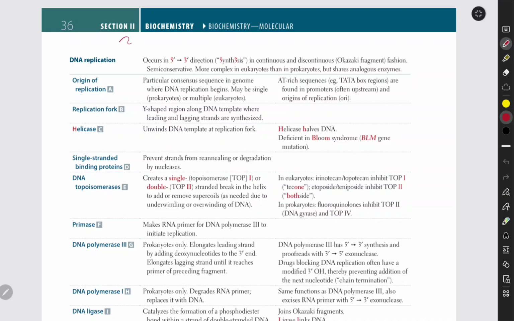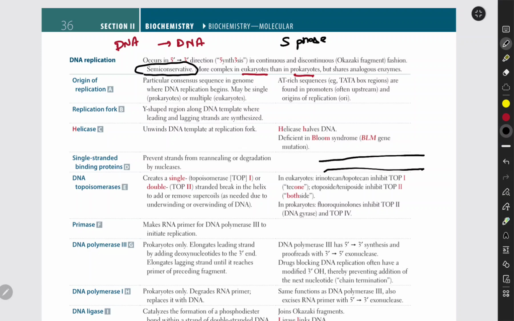So basically, one DNA strand has to be replicated into another DNA strand, and this is required in both eukaryotes and prokaryotes. You need to remember that DNA synthesis takes place in the S phase, right? DNA replication is semi-conservative. For example, this is one strand and this is the other DNA strand. The two strands are parallel to each other, so this particular strand cannot be synthesized while they are together.